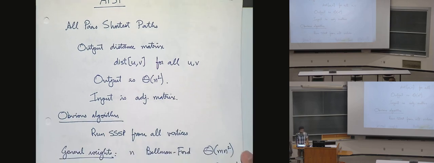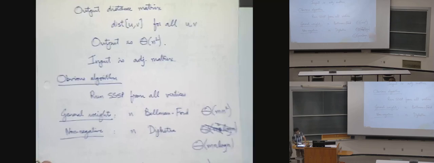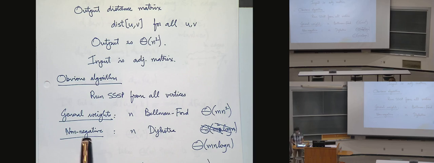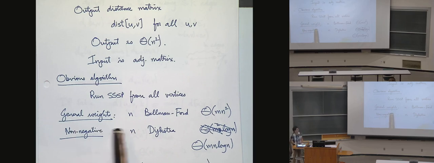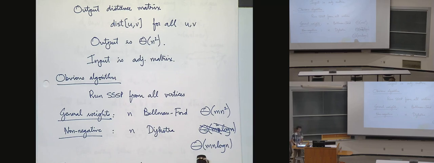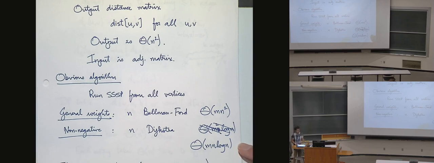So the obvious thing you would do is you would just run single source shortest paths from all vertices, right? So you just take everyone as the source, and then you go ahead and compute everything. So if you have general weights, you would end up doing n Bellman-Fords, that's mn squared. If it's non-negative, you could do n runs of Dijkstra, and you'd get mn log n, right? And so